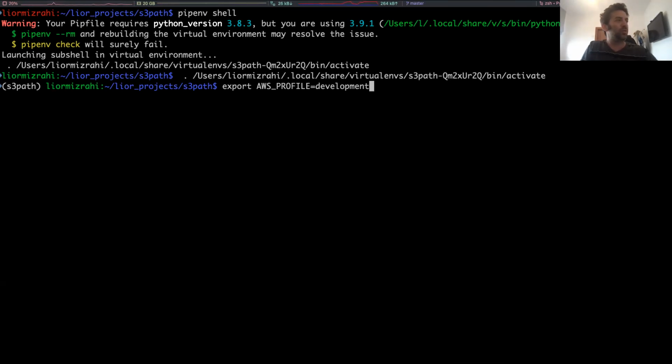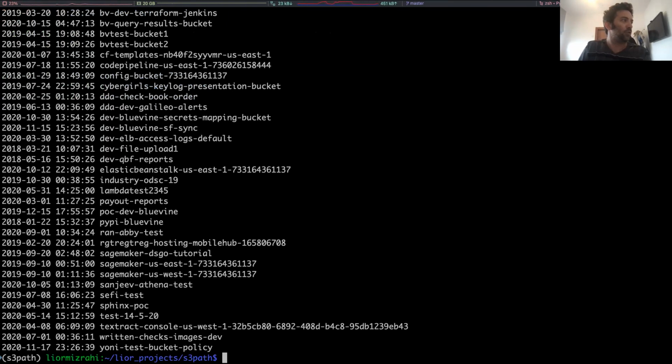Yeah. So if I'm using the AWS CLI, for example, you can run aws s3 ls, and ls works exactly like on a file system, and then you can see all the folders.